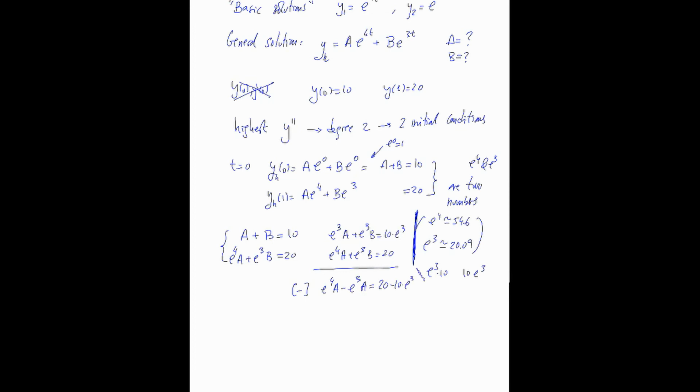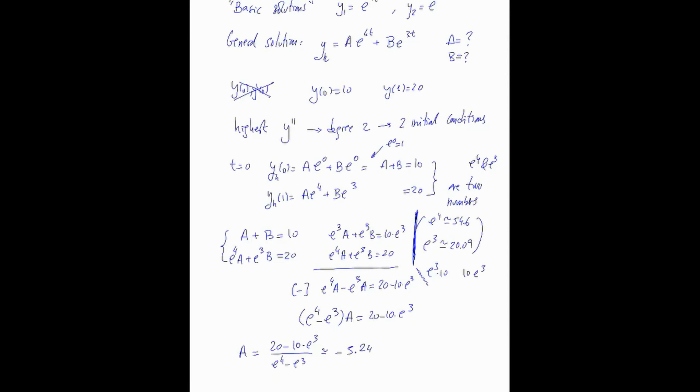Let me make this clear. Here we take the common factor a: e to the 4 minus e to the 3, times a, equals 20 minus 10 times e to the 3. Again, e to the 4 minus e to the 3 is a number, it will be 54 minus 20, around 34. We can move it to the other side and we get simply that a is equal to 20 minus 10 e to the 3 divided by e to the 4 minus e to the 3. Now, in order to simplify things, we take a calculator and we compute. This is approximately minus